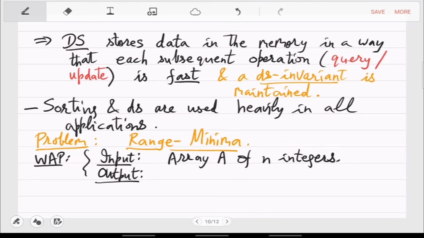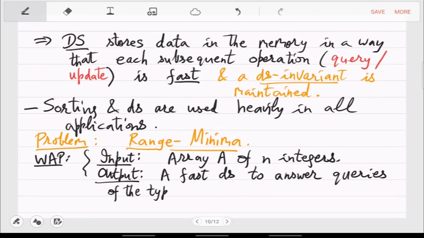It's not just one query, but as you are getting these integers, you have to ultimately rearrange the integers and output a data structure for which the following property holds. So a fast data structure to answer queries of the type